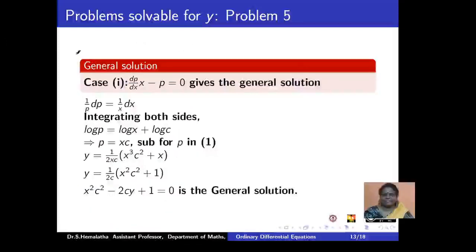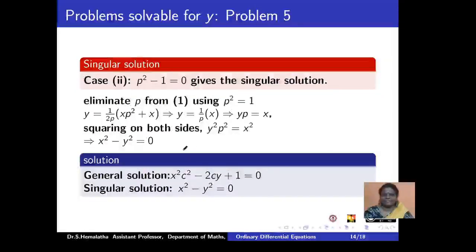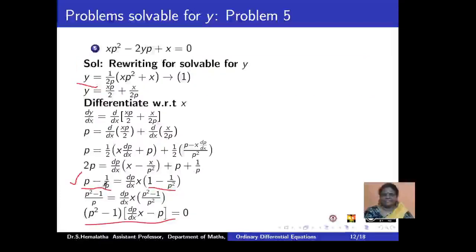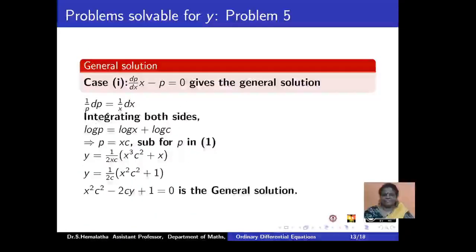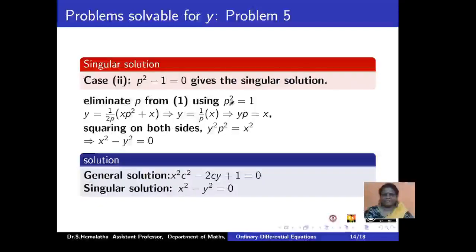So as before, you discuss the general solution and the singular solution. The only part we need to take care of here is this part, where you need to do the differential correctly and get into that step. And even here, you know only the value of p square. Instead of substituting p as plus or minus 1 and giving an answer, you can write a p square substitution, get an answer of this kind. Then again squaring, you can substitute, get an answer of this kind. The answer will be neat in this final step.